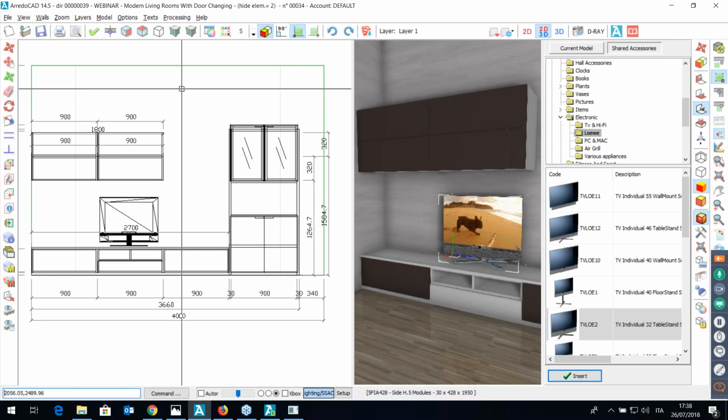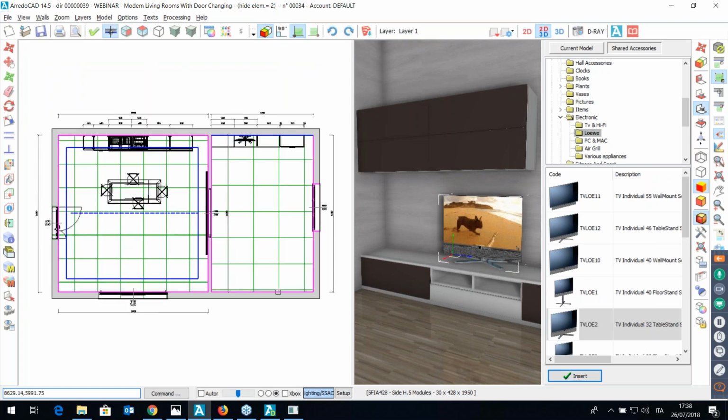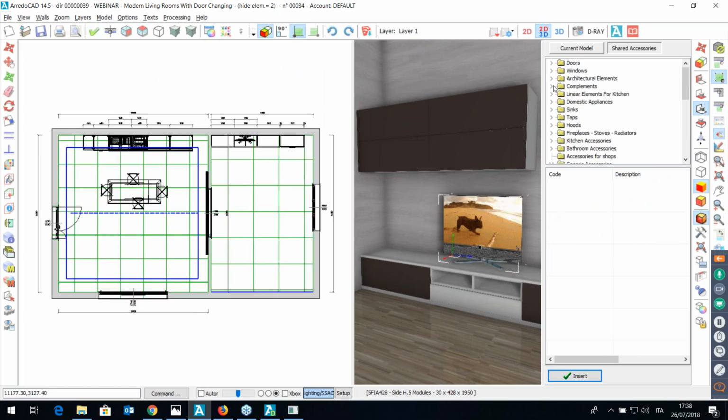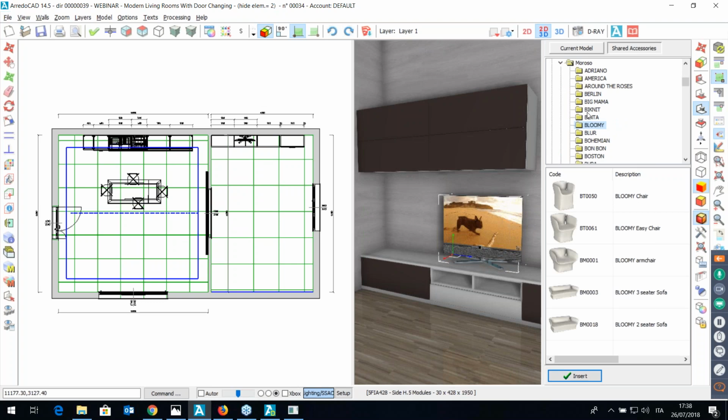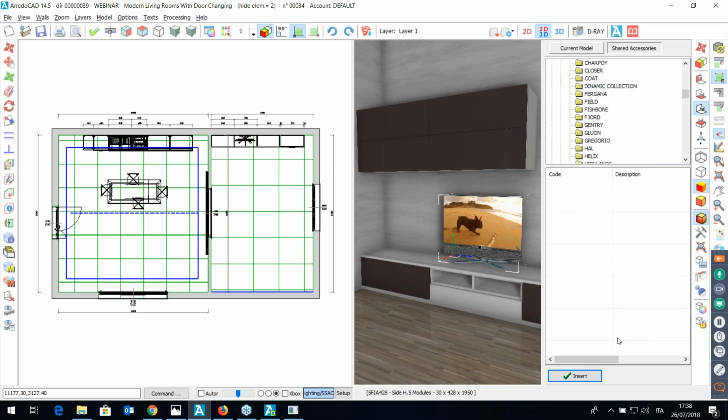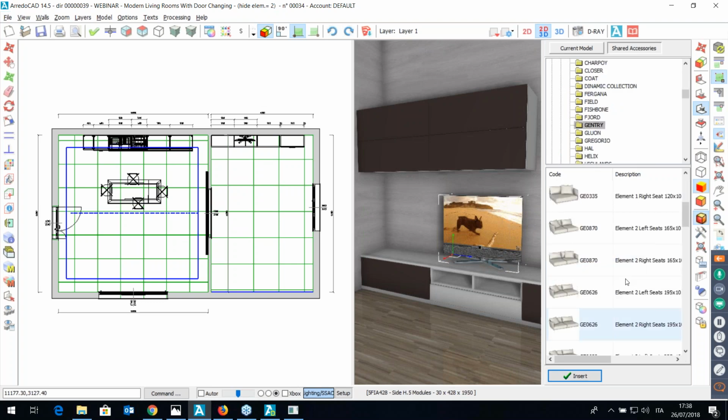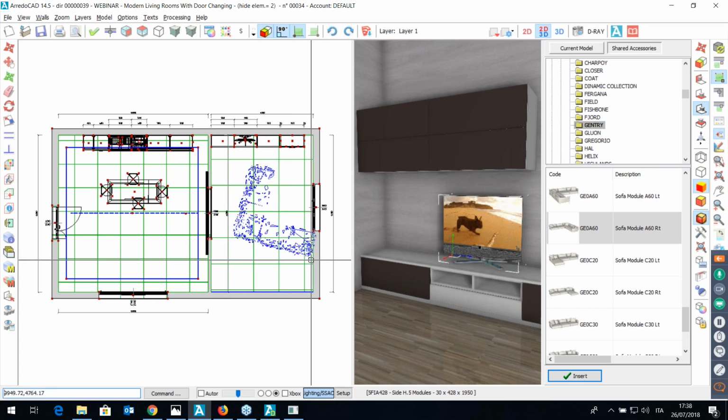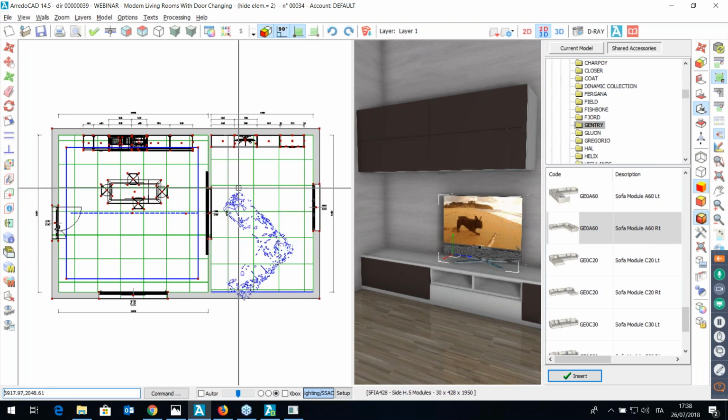Let's insert also a sofa here, just to show you the sofa. I can insert it, so I open the complements. Inside the components you find chairs, carpets, lamps, and also sofa, armchairs and sofas, or all the sofas of Moroso. Let's take, for example, this with a corner, something like this one. Yes, double click. I can rotate the element in the right position pressing the tab from the keyboard